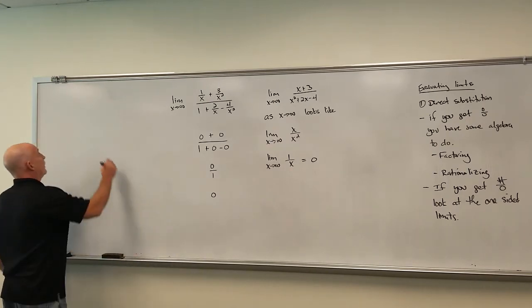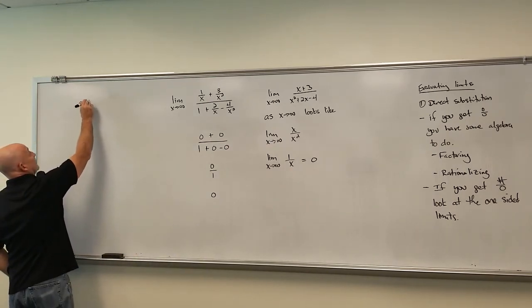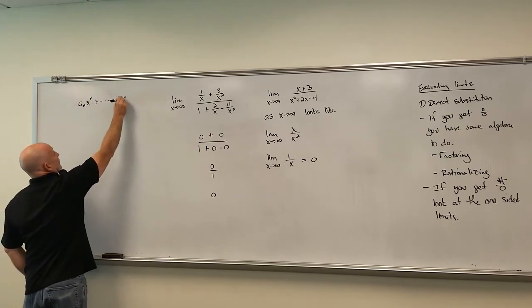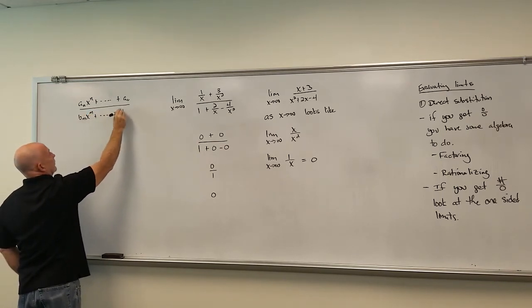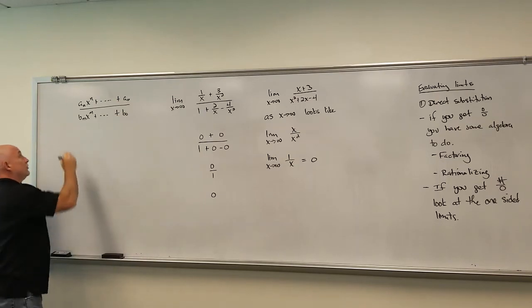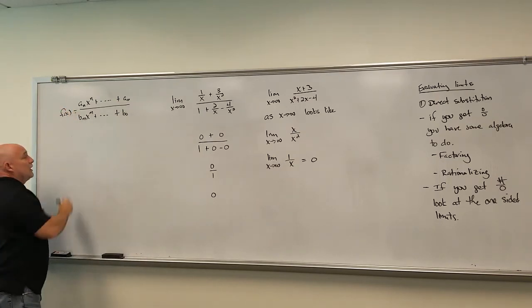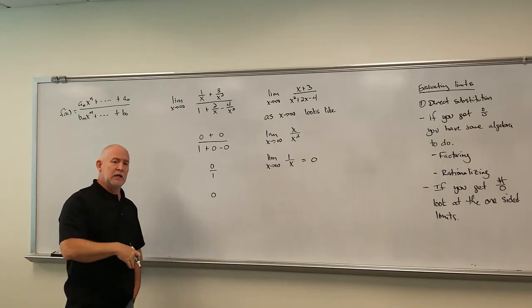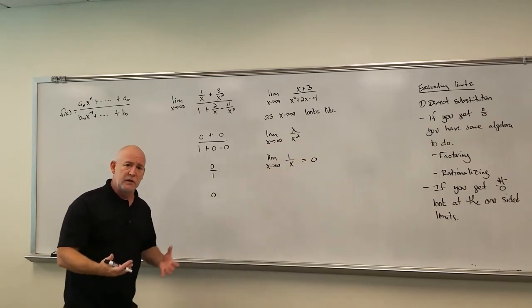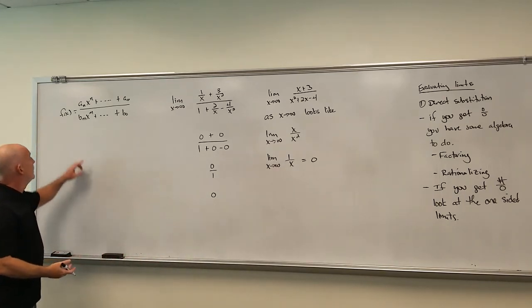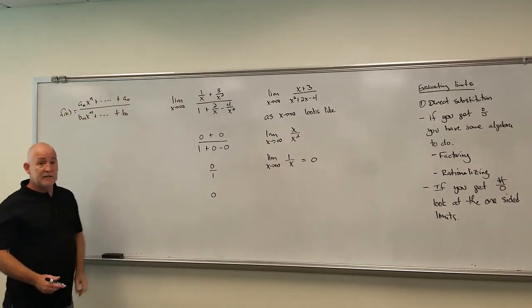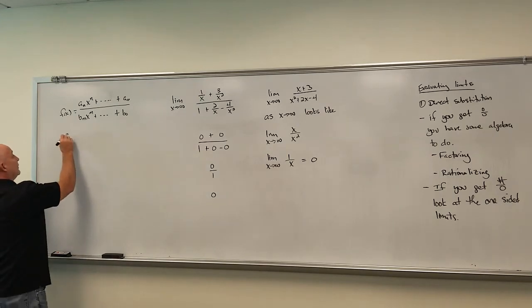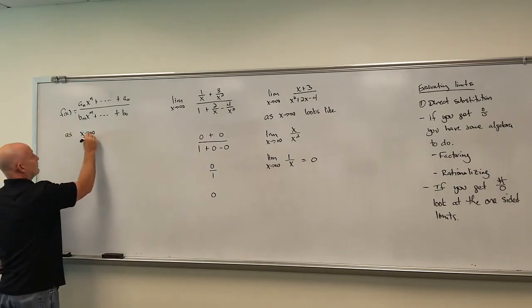In a pre-calculus class, we generally had something like this. a sub n, x to the n, over some b sub m, x to the m, plus b0. That looked something like this was your generic polynomial. And then they gave you the rules like this. If n is bigger than m, or if m is bigger than n, certain things happen. Well, here's the idea. Since these are the dominating terms on the top, it's like all of that doesn't exist at all, right? So as x goes to infinity,